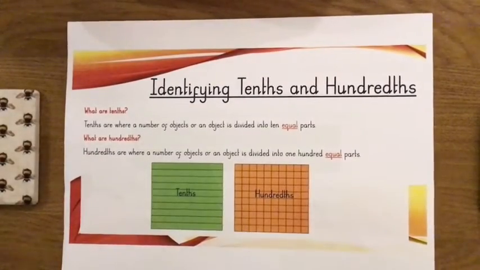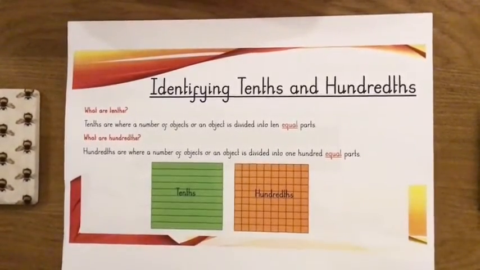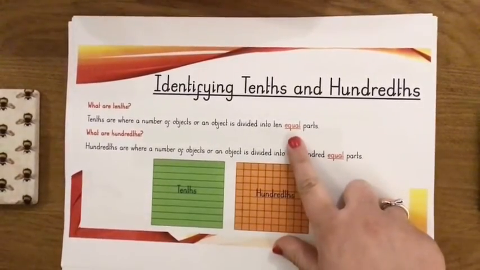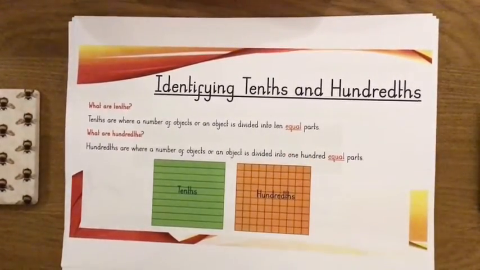In this video, we are going to be identifying tenths and hundredths. So, what are tenths? Well, tenths are where a number of objects or one single object is divided into 10 equal parts, and the word equal here is really important to remember. Similarly, when we look at hundredths, this is where a number of objects or an object is divided into 100